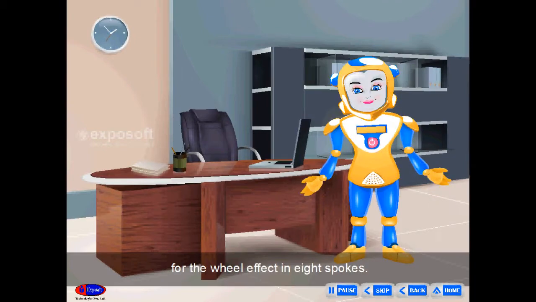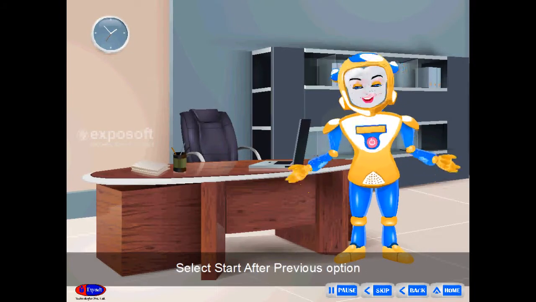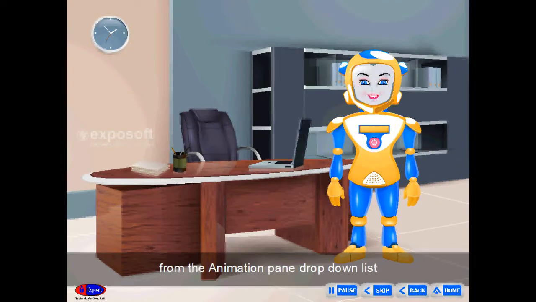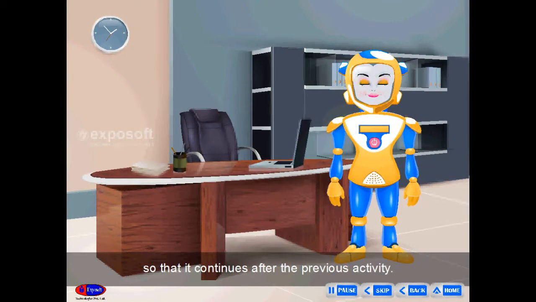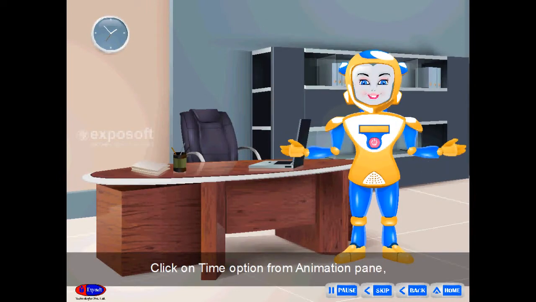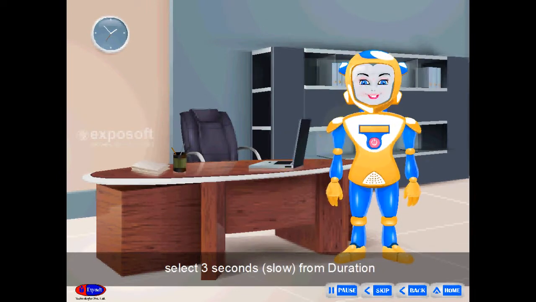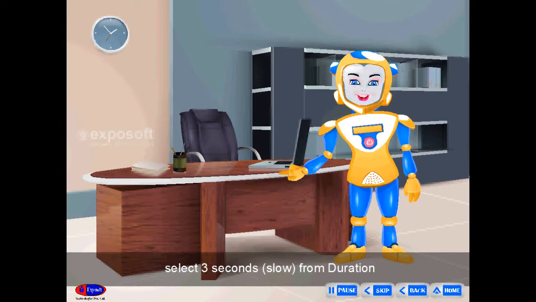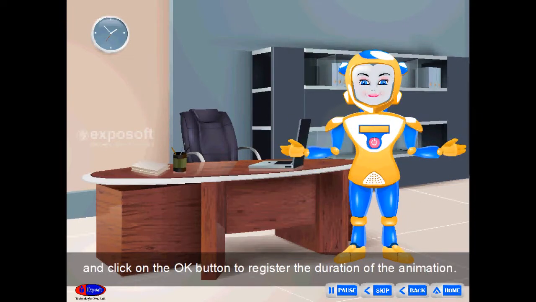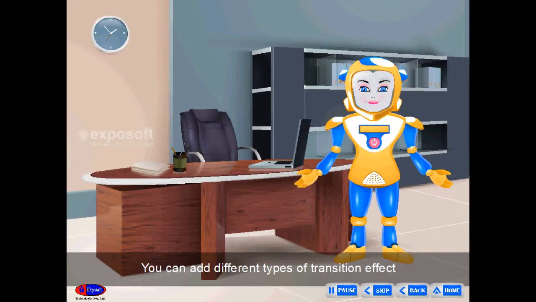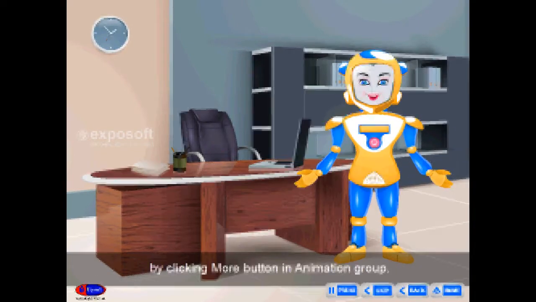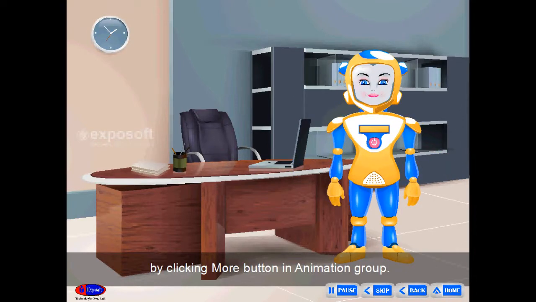Select Start After Previous option from the Animation Pane drop-down list so that it continues after the previous activity. Click on Timing option from the Animation Pane, select 3 seconds (Slow) from Duration and click on the OK button to register the duration of the animation. You can add different types of transition effects by clicking the More button in the Animation group.